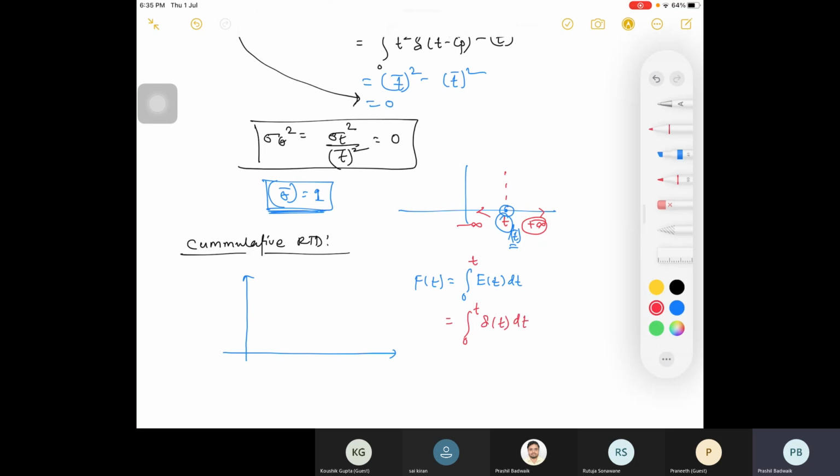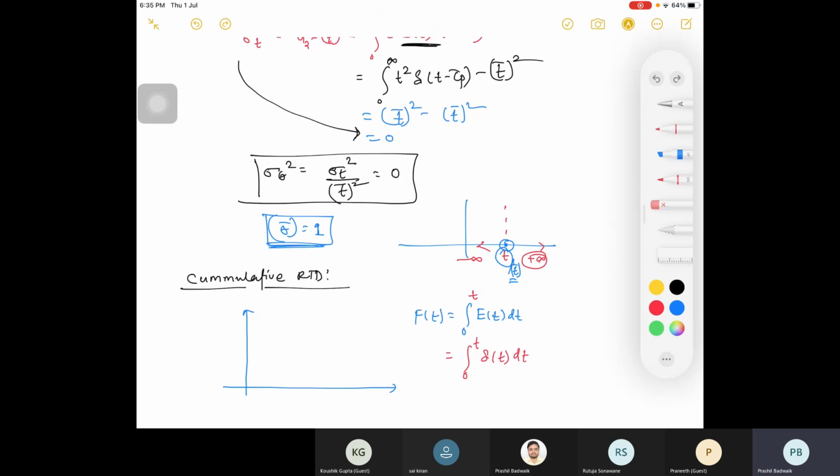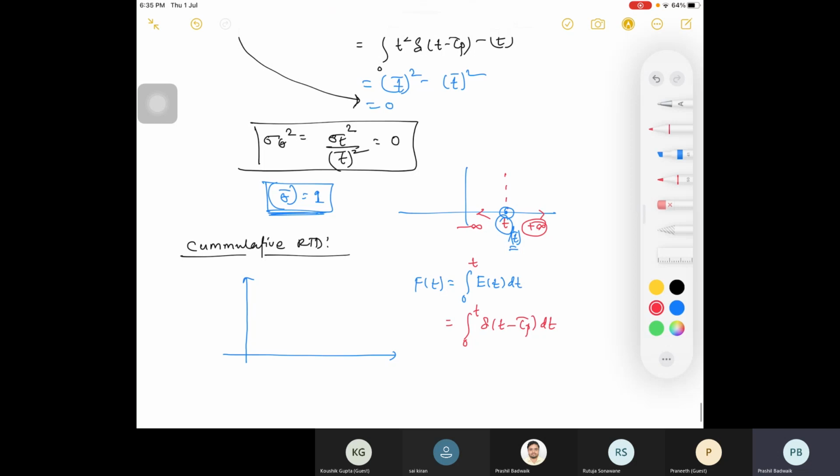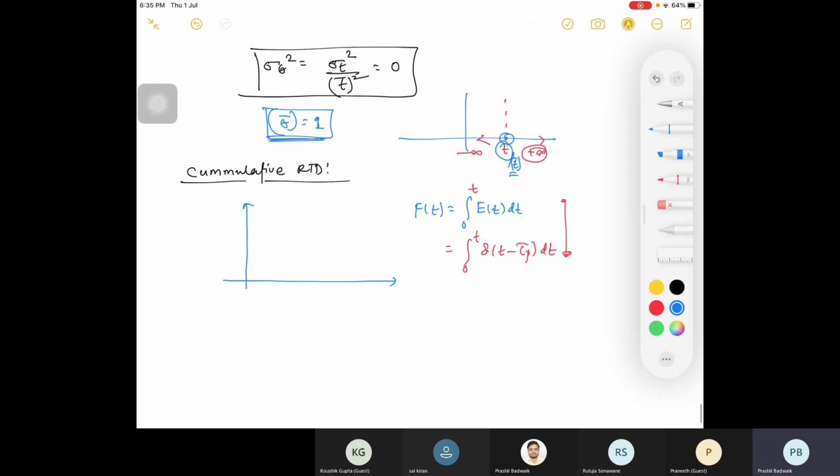When you integrate up to that time, so I'm writing here the integration of delta (t minus tau p). Yes, correct, delta (t minus tau p), which we are considering, so this is t minus tau p into dt. So this is by mathematics. But what you are actually doing is, suppose I am